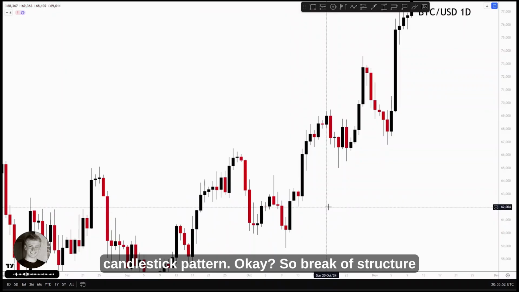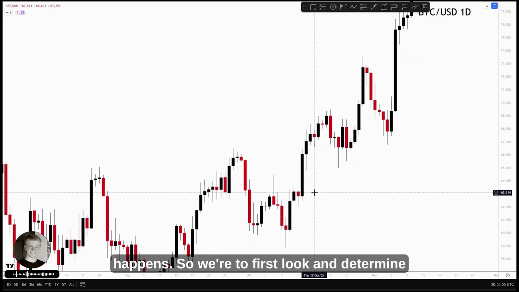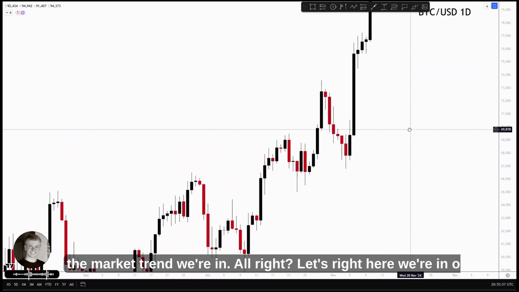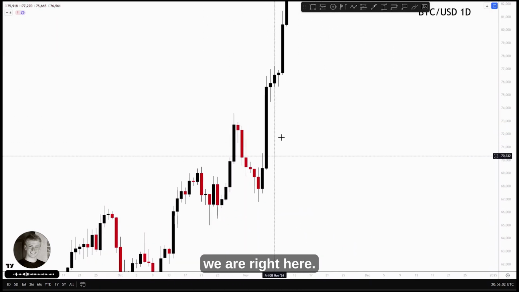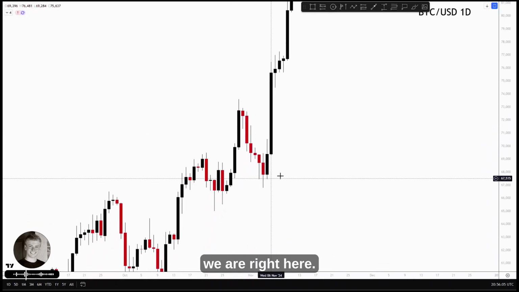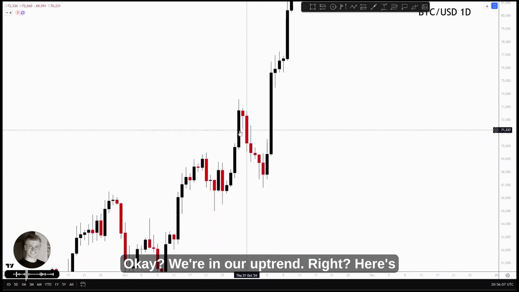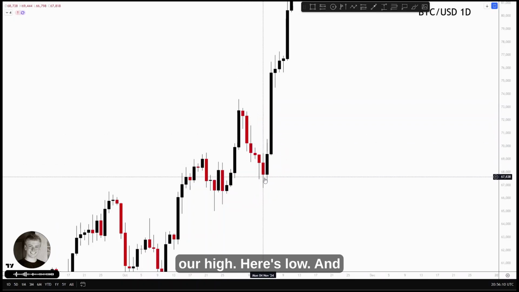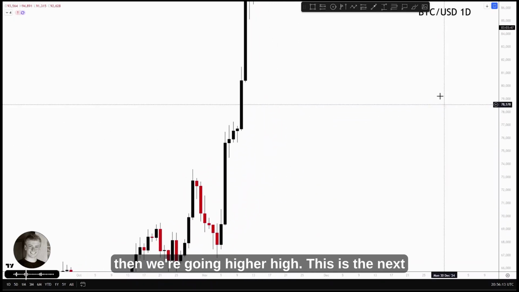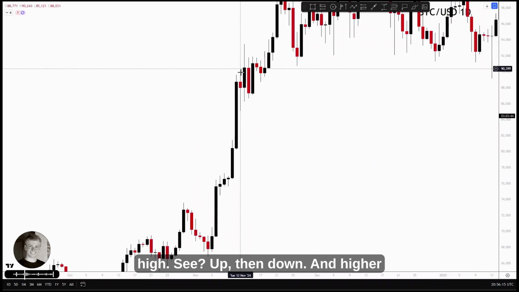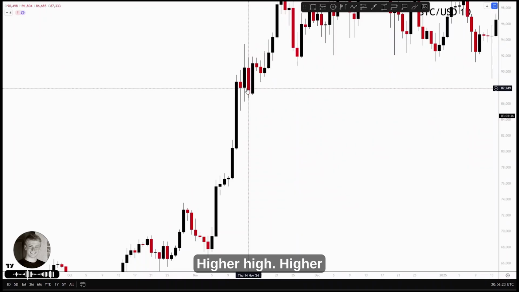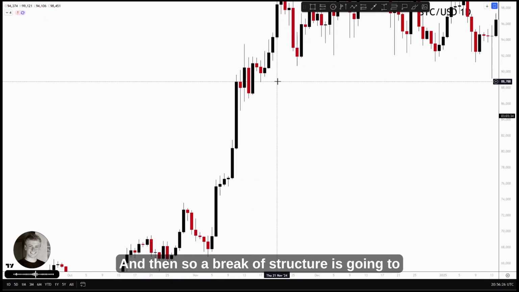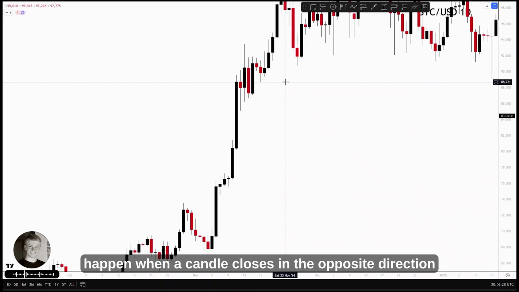It's a candlestick pattern. Okay, so break of structure happens. We're going to first look and determine the market trend we're in. All right, let's say right here we're in our uptrend, right? Here's our high, here's our low, and then we're going higher high. This is the next high. See, up, then down, and then higher low, down, then up, down, higher high, higher low. And then break of structure is going to happen when a candle closes in the opposite direction